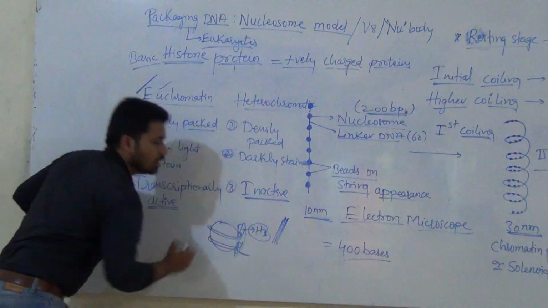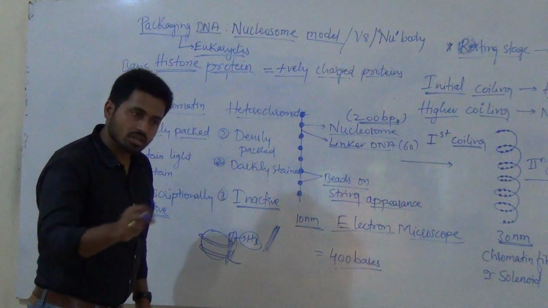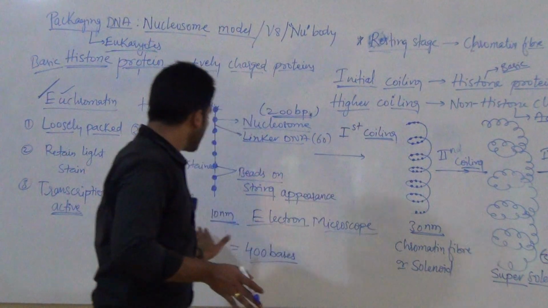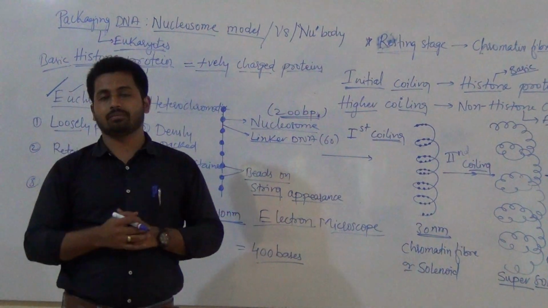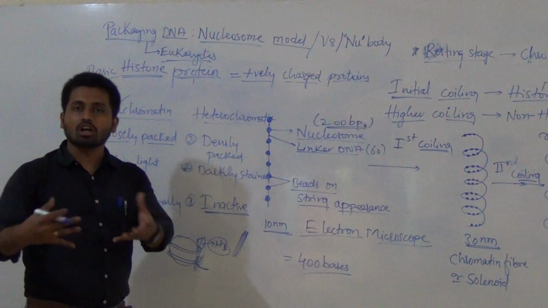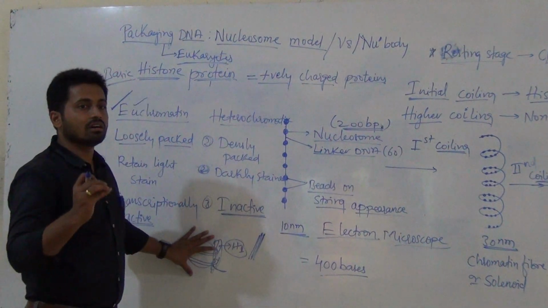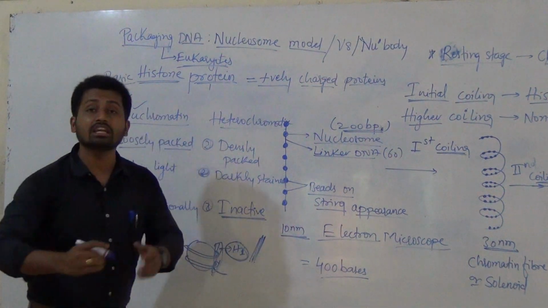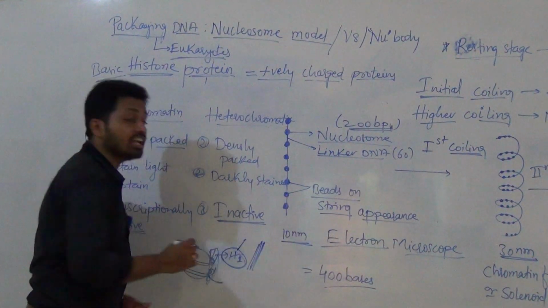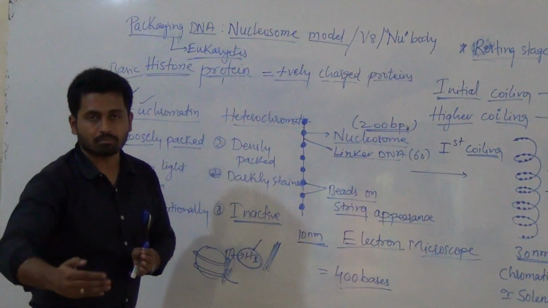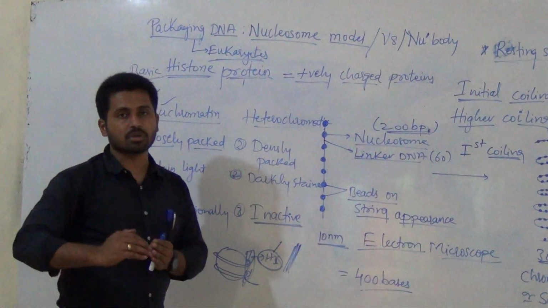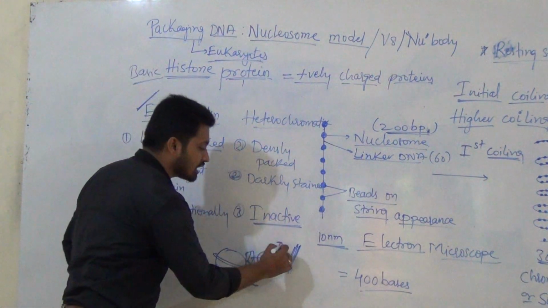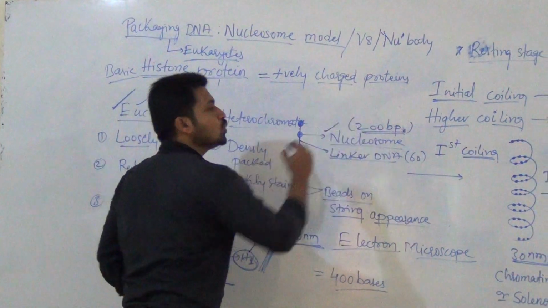And I told you H1 is not part of the nucleosome because when the cell divides, this H1 is not inherited into the daughter cell. These all proteins are inherited to the daughter cell. That is octamer, 8 proteins are inherited to the daughter cell, but this H1 is not going to be inherited into daughter cells, and hence it is not. Inherit means passing to the daughter cell, transferring to the daughter cell. It is not going to pass or transfer into the daughter cell. Hence, it is not considered part of the nucleosome.